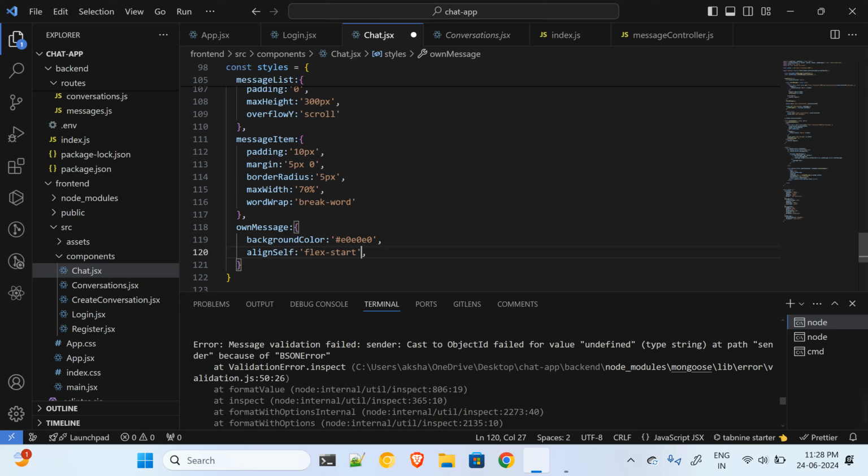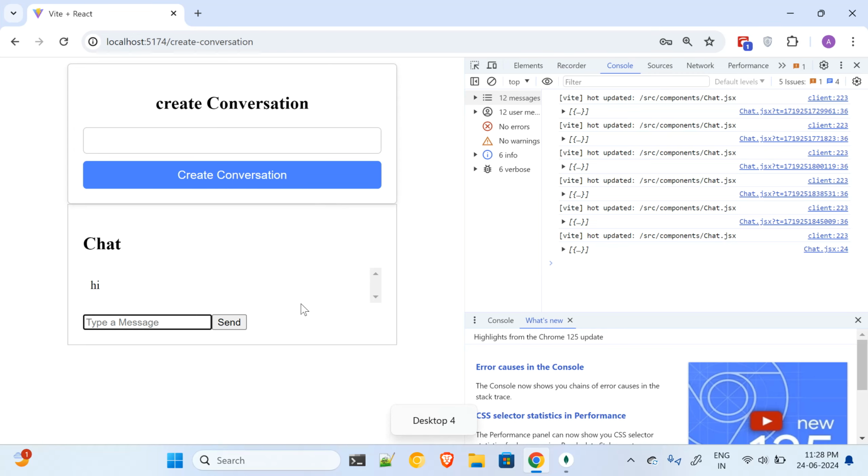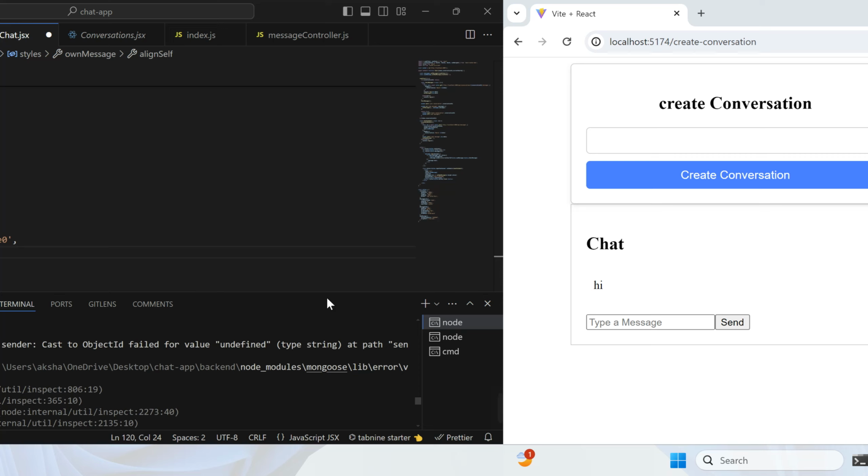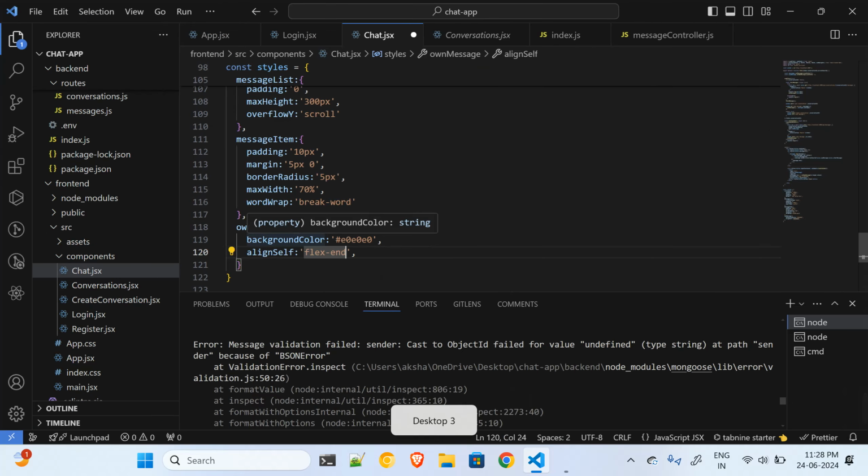I am giving this as flex-end because I want my messages to come over here, on the rightmost side,